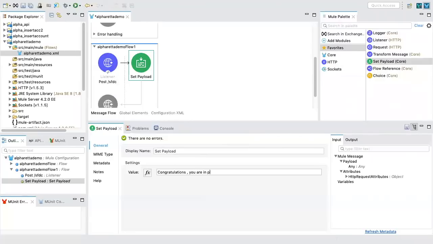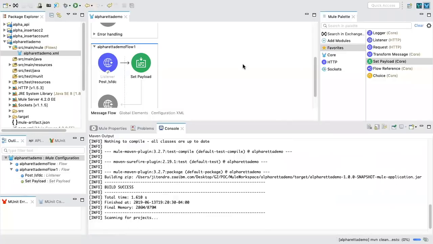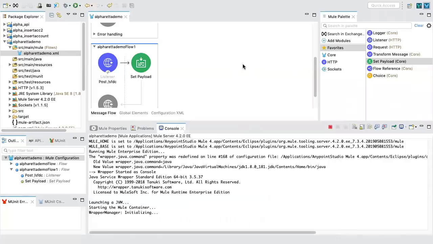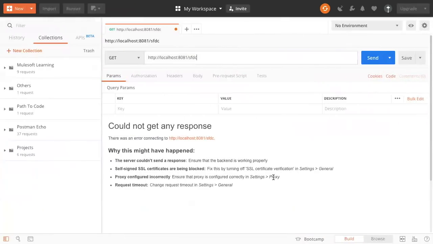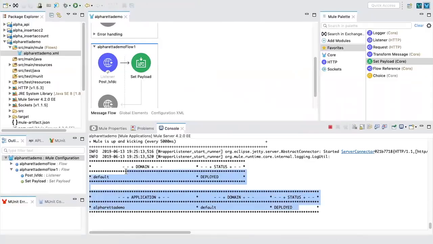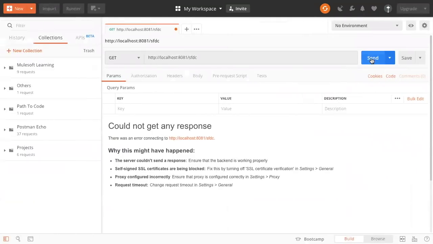You are in POST. So this is how we have to go in small steps. Before I write code for Salesforce, I want you to know how to write an application and how to test it, in small steps. So now I will run my application again, and I need to make sure that this is working fine. You see, the response timed out because the server was down at that time. Let's see if the server is up. So you see, the server is up. Let's make the same request again.